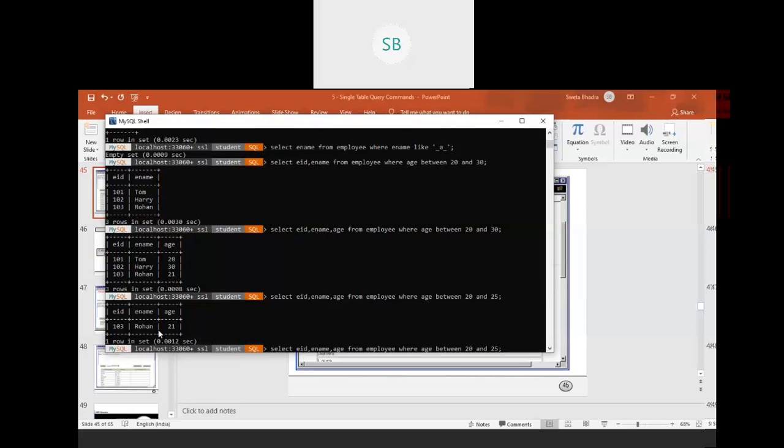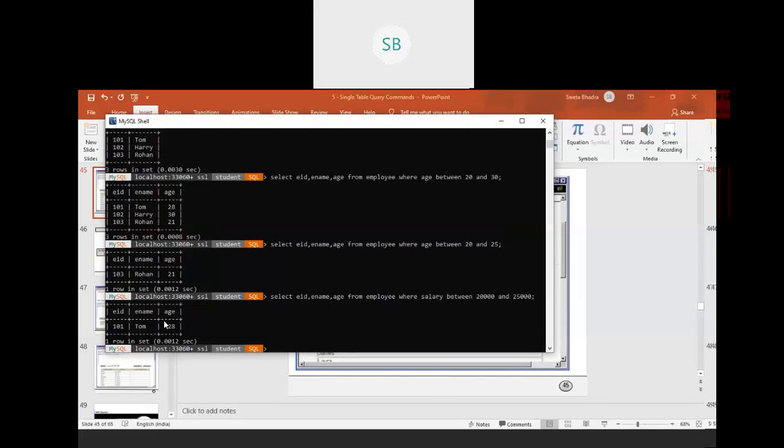Now if I want to go for salary, just remove this one and change this age to salary between 20,000 and 25,000. So the answer is Tom.